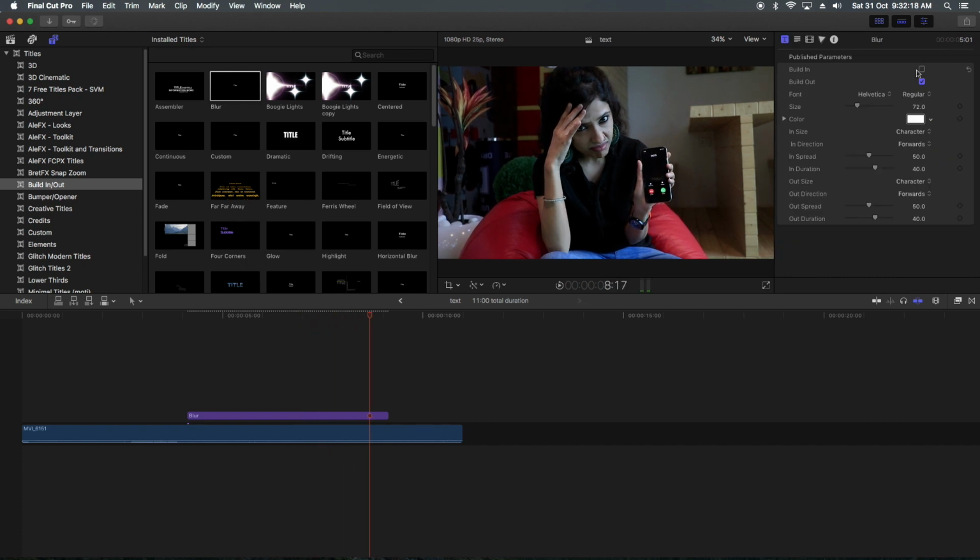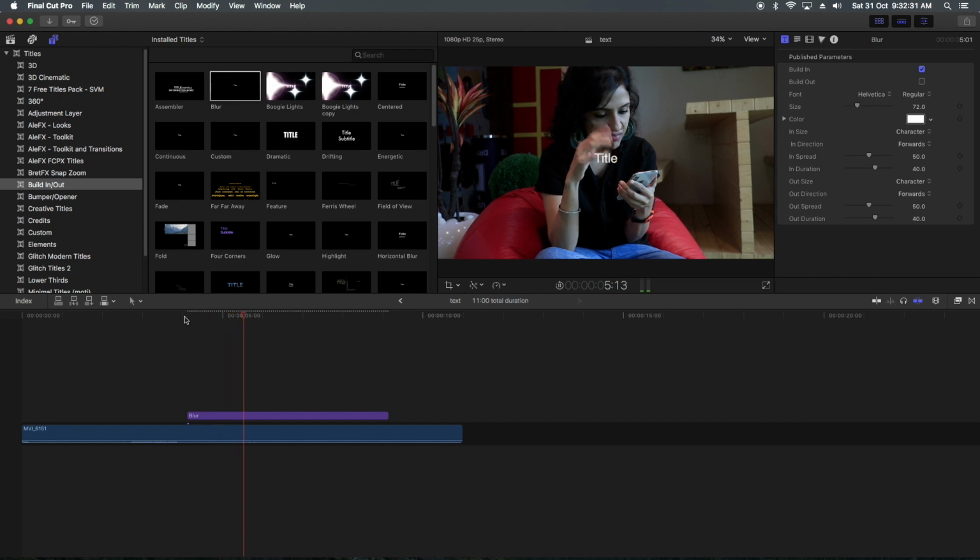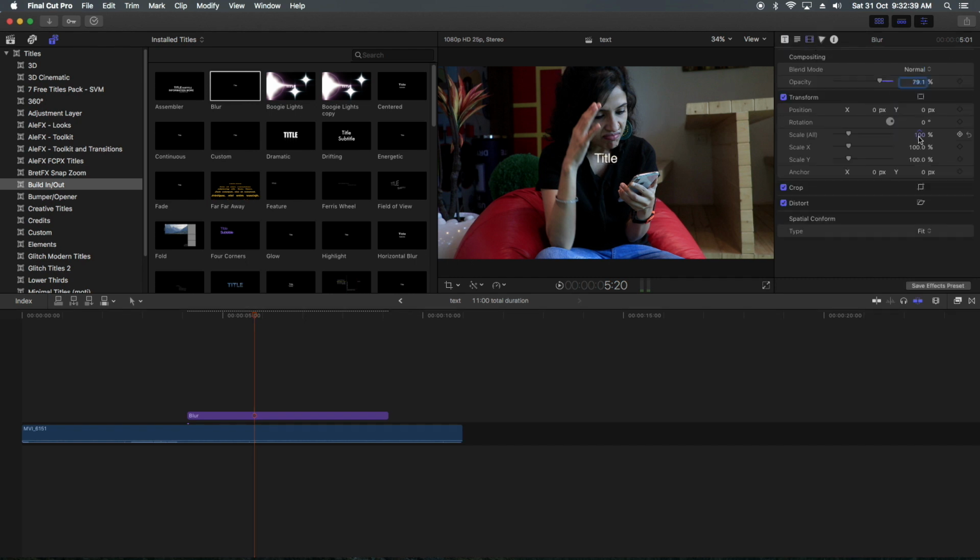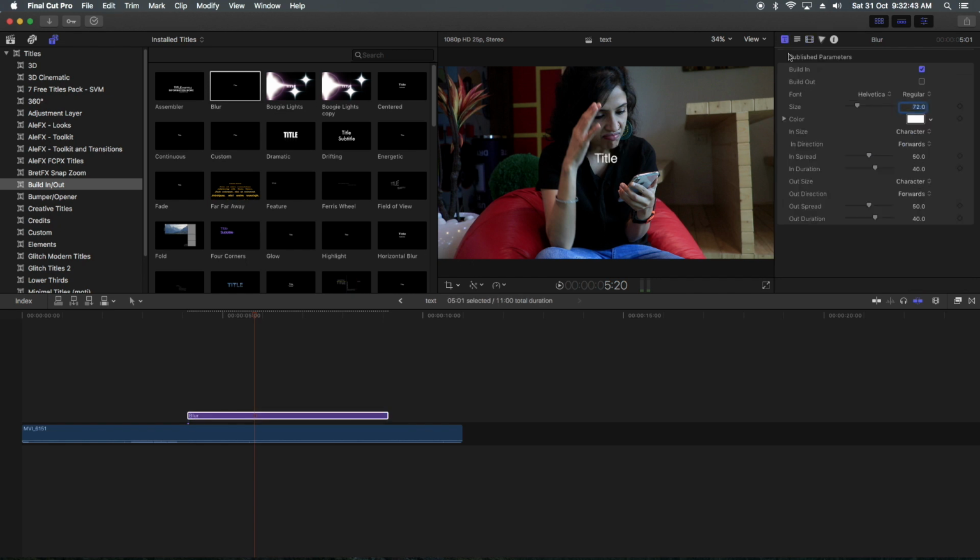So as per my desired perspective, I can use these built-in fade-ins or fade-outs. Sometimes I don't want fade-outs, but I want built-in fade-ins. So I can treat it as a fade-in. Another, I want to increase the height of this text. What I have to do is I can increase the scale, or I can increase the font size.